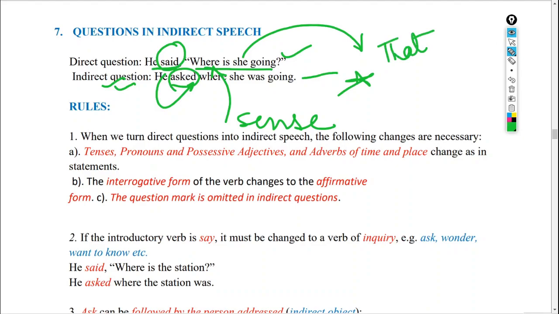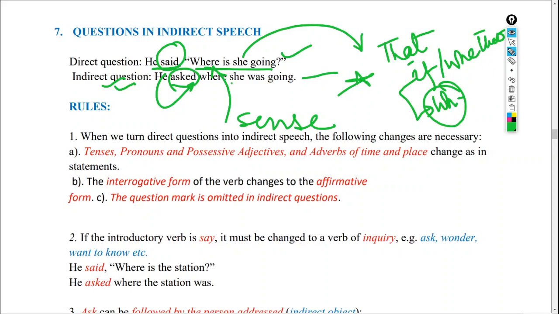In the case of the interrogative sentence, if or whether will come. But the second rule is that when the question starts with WH, meaning why, where, when, whom, then no that, no if, no whether will come. Is it clear? Therefore, let us see this example. He said, where is she going? He asked